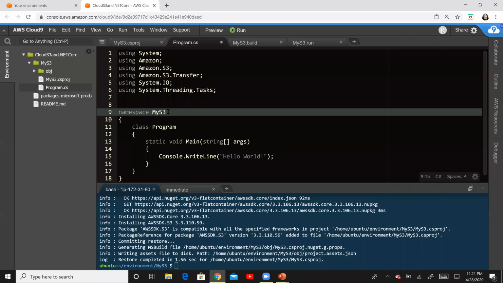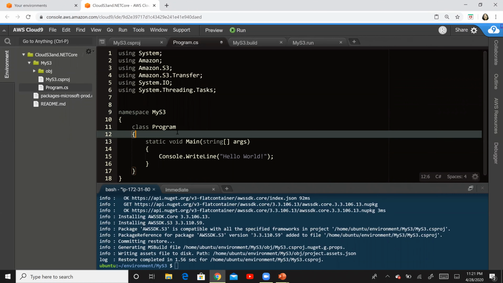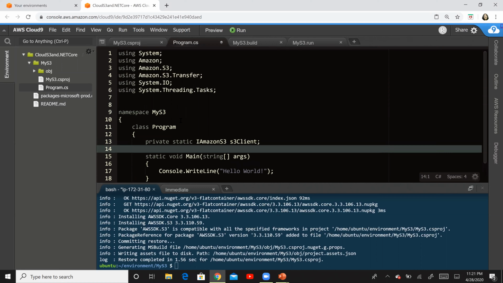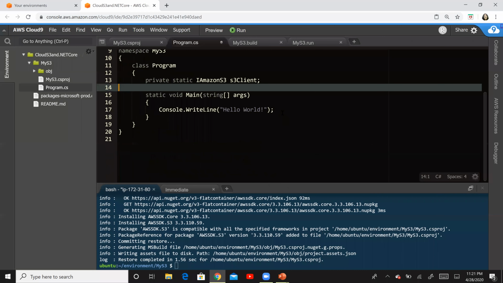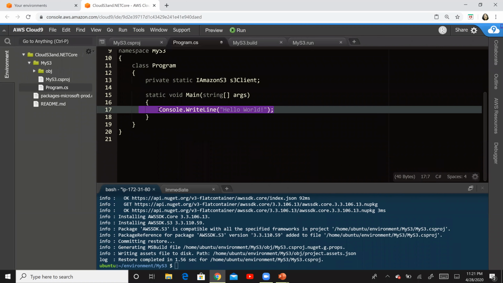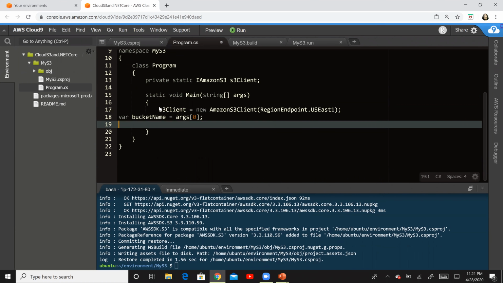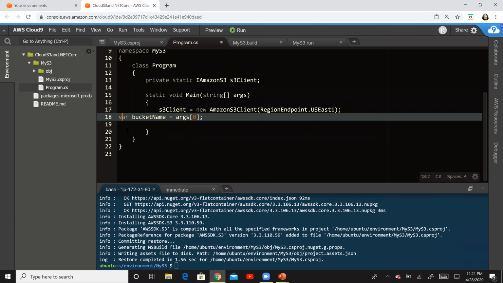So copy that and add that to our class. And then finally, we will copy these two lines that create or set our S3 client for a specific region or an endpoint, and then our bucket name as the parameter. So here you have the hello world line. Go ahead and replace this with our lines of code.